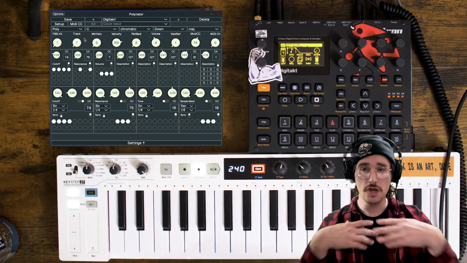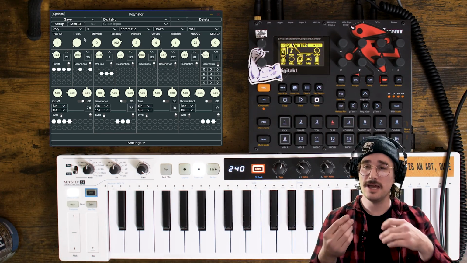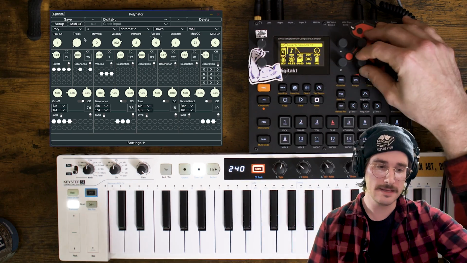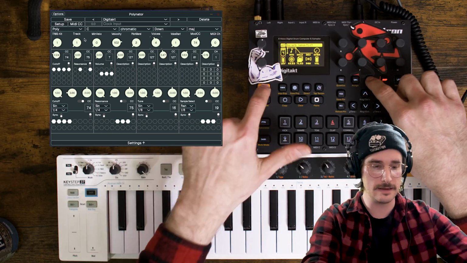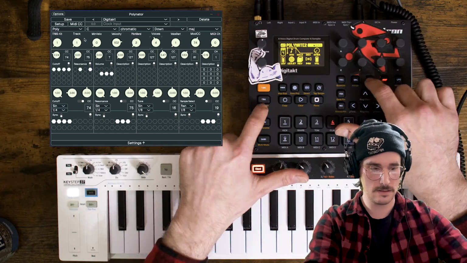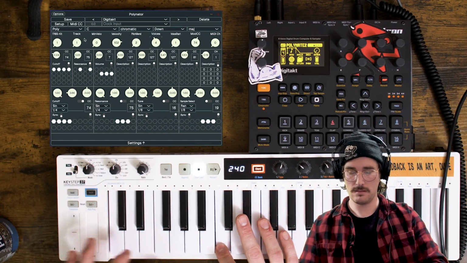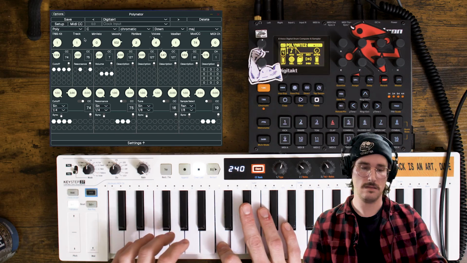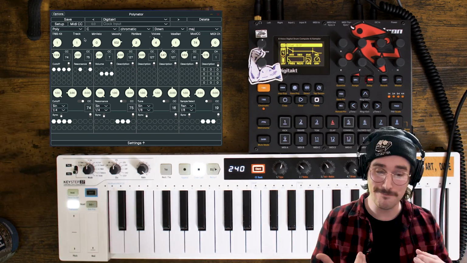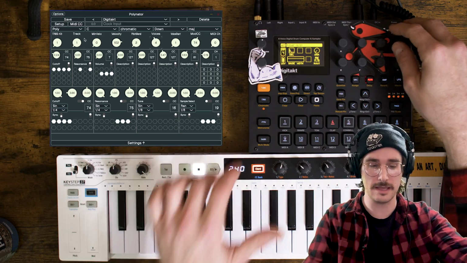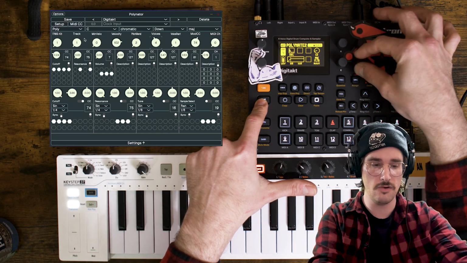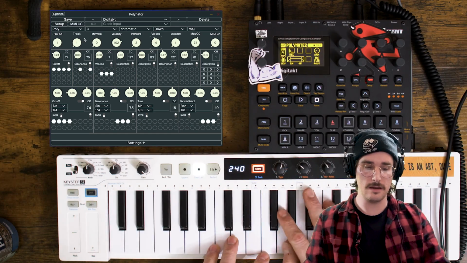So to the surprise of no one, the Digitakt is actually an incredibly dreamy sounding polysynth, right? If we were to turn up the delay a little bit, throw a little bit of reverb on there, and then maybe dial in those sounds ever so slightly. Big fan of that. Another thing that I really like is coming in, turning on a little bit of sample rate reduction. You can take some of the oomph out of the low end there, and then